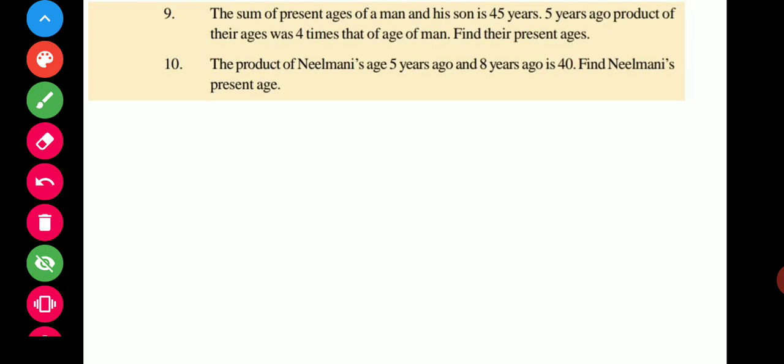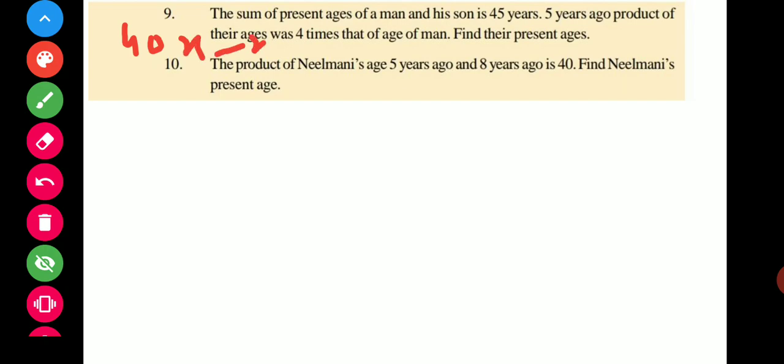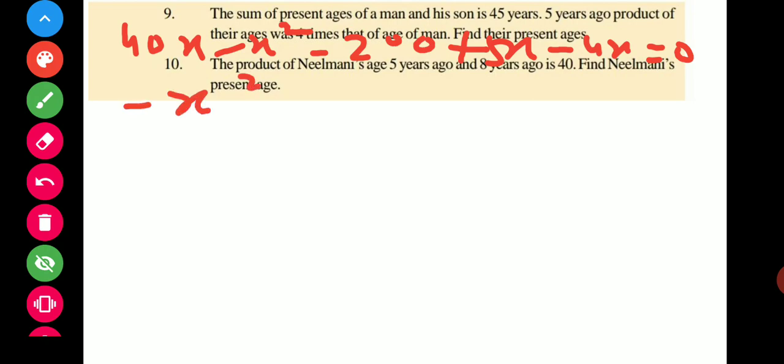Now come to the 40 and plus 5. So you can write once again, it is 40 of x minus x square minus 200 plus 5 of x minus 4x equal to 0. 4x को हम लेफ्ट हैंड साइड ले आए. So what will happen in this? As you know, minus x square is only 1, and what about 2x? It is 40x and it is 5x, and this one minus 4x. तो यहाँ से 1x बच जाएगा और ये 40, that is 41 of x, and minus 200